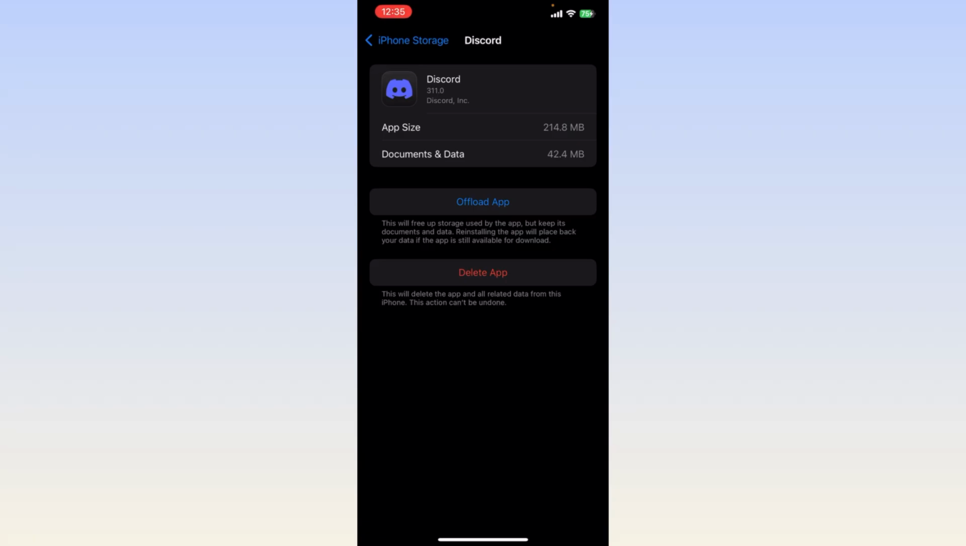So basically this is the process to fix your black screen when sharing your screen on